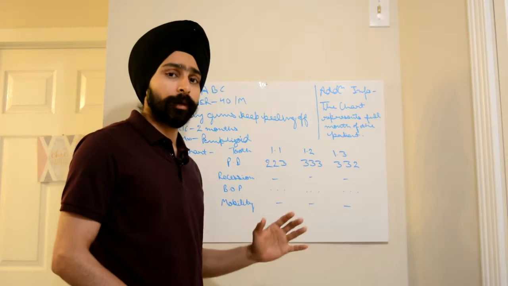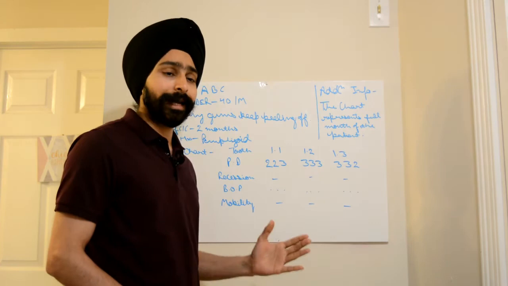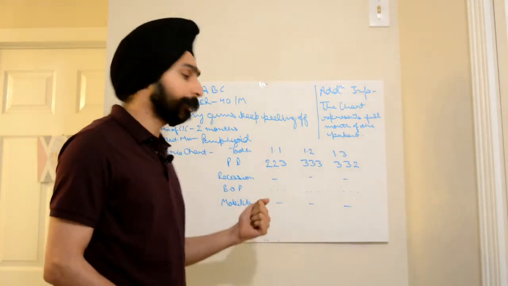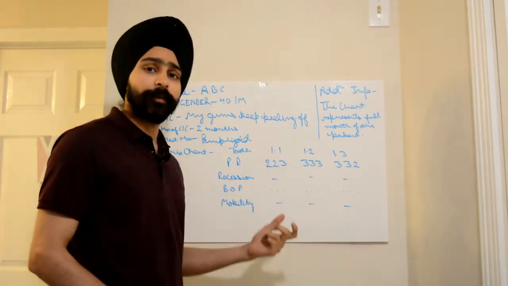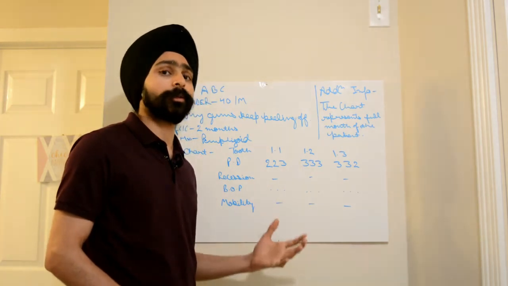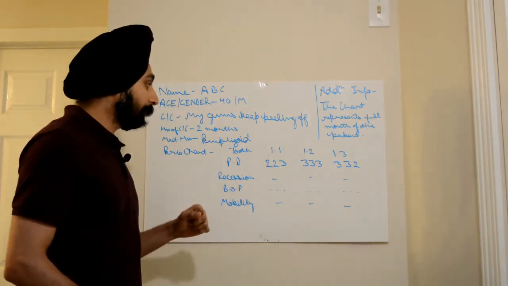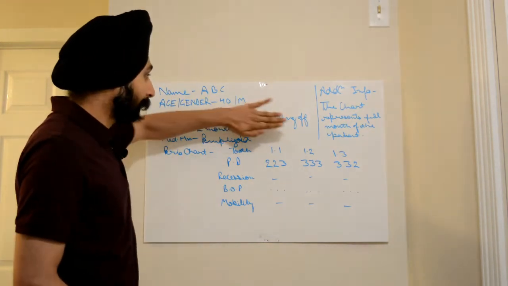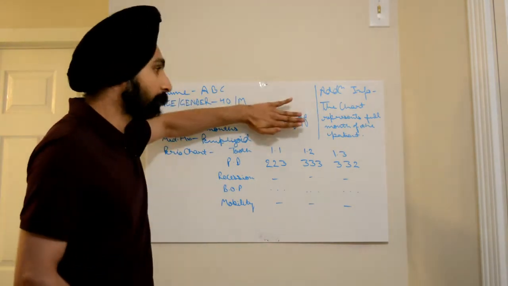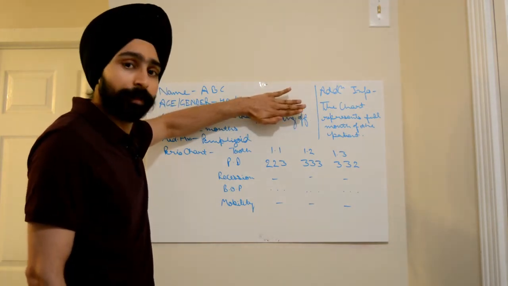that is everywhere in the mouth, be it upper left or upper right or lower left or lower right quadrant, everywhere the probing depth is not more than 3 mm. There is no recession anywhere present. The bleeding on probing is present everywhere, and there is no mobility present or there is no furcation involvement. Friends, if you just look at this history, if you just look at this perio chart and you don't care much about this history, then this is a perio chart of gingivitis associated with plaque